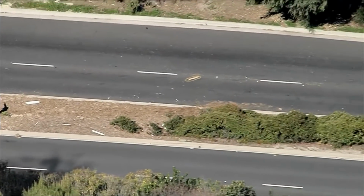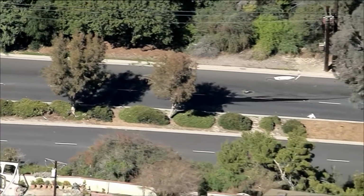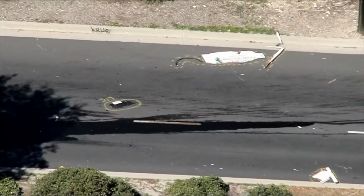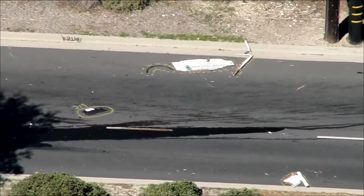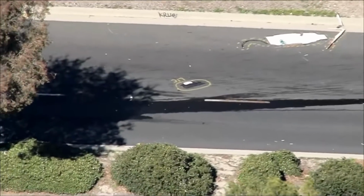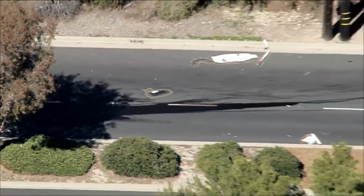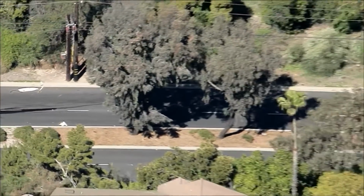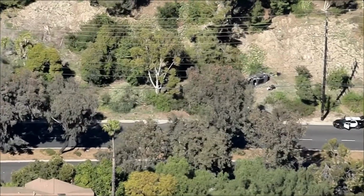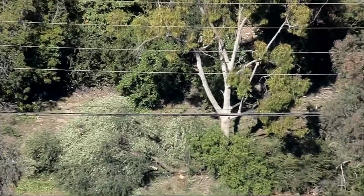Those vehicles will be going uphill, and in the evidence here you can see the debris scattered across the southbound lanes of Hawthorne Boulevard. There's that sign. That's about 50 yards from the initial impact, which really gives you an indication of just how fast this vehicle was going. You can see fluid from the vehicle still on the ground. That is the southbound lanes of Hawthorne Boulevard. And Carolyn, you brought out a really good point earlier, no skid marks. So it just shows this vehicle was traveling at a high rate of speed, narrowly missing a power line, really just zigzagged in between that tree